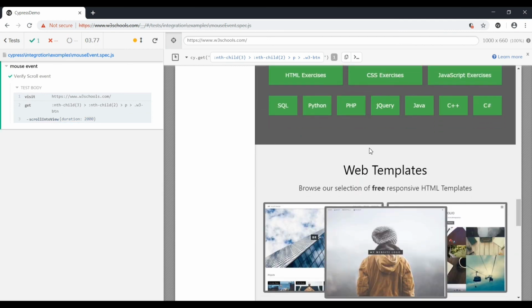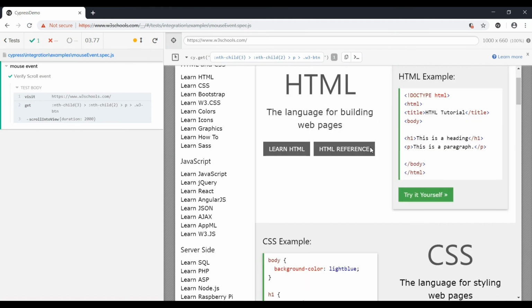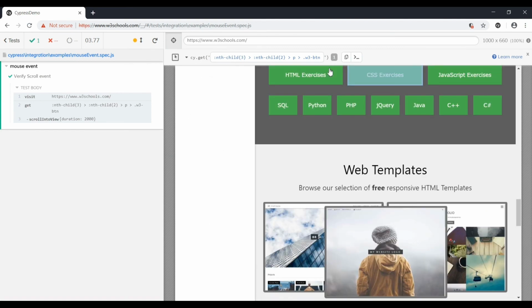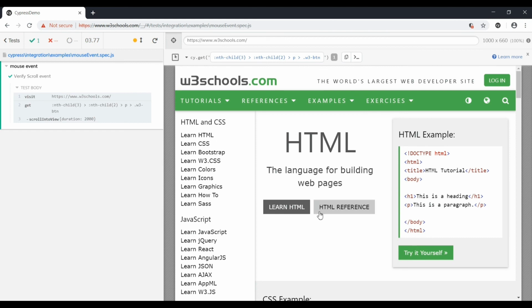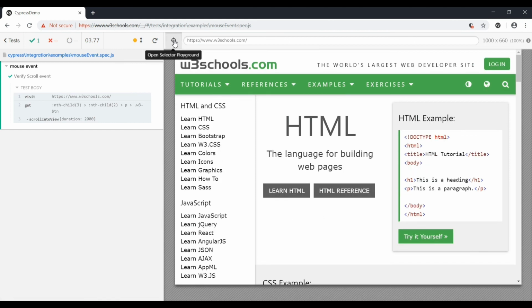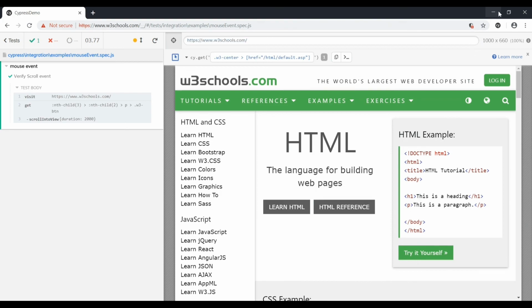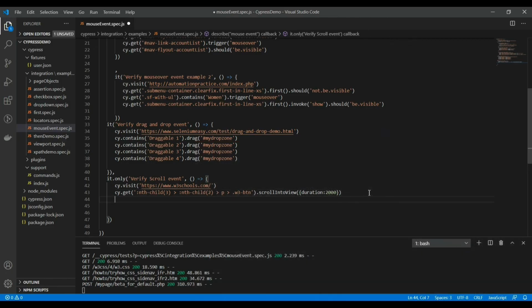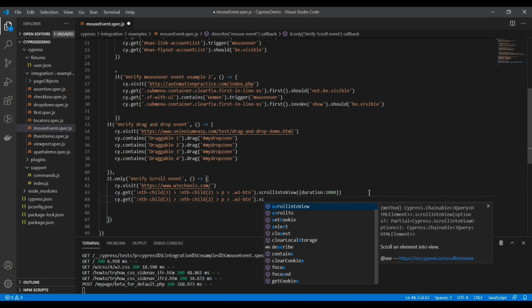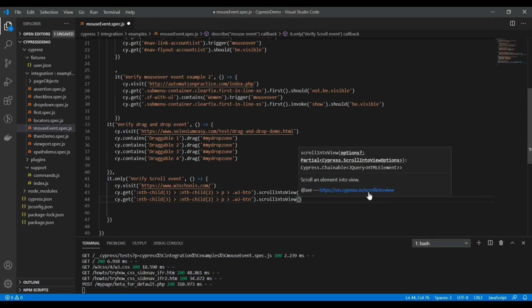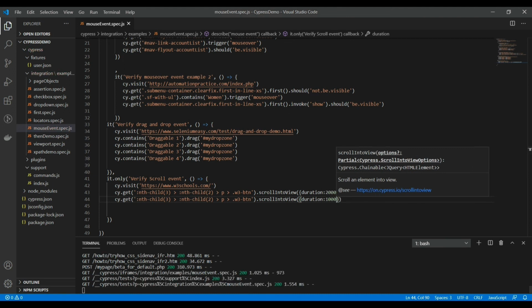So now we can add one more event once it scrolls down to that particular element. Now we can add one more element here, like this learn HTML, and maybe we can try to scroll up the page once it has scrolled down to the CSS exercise page. So here I'm using duration as 1 second, so this time the scrolling would be faster.